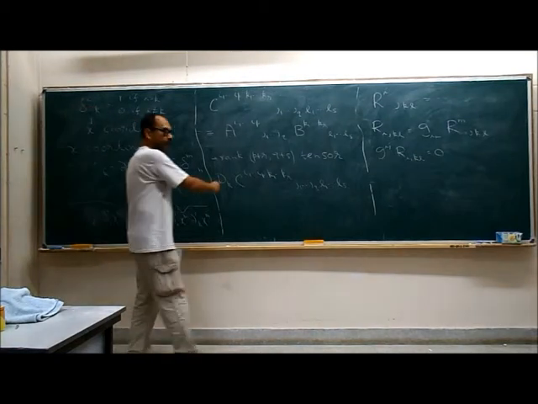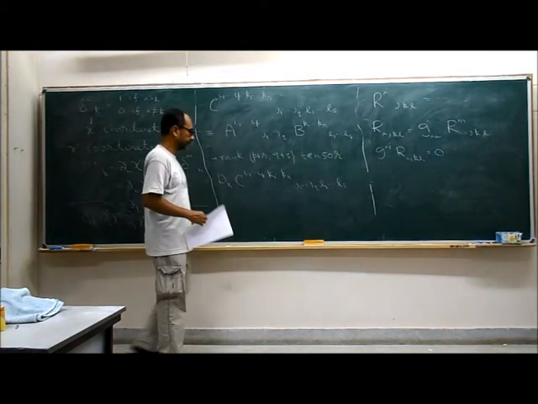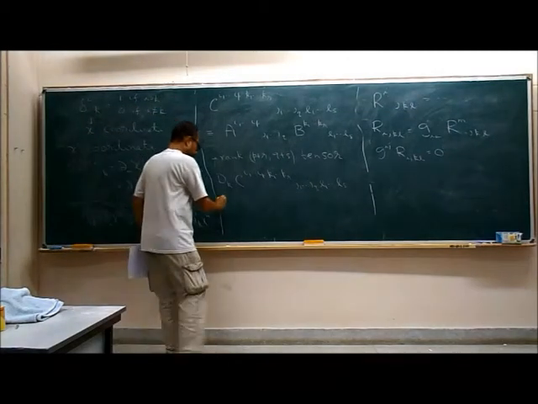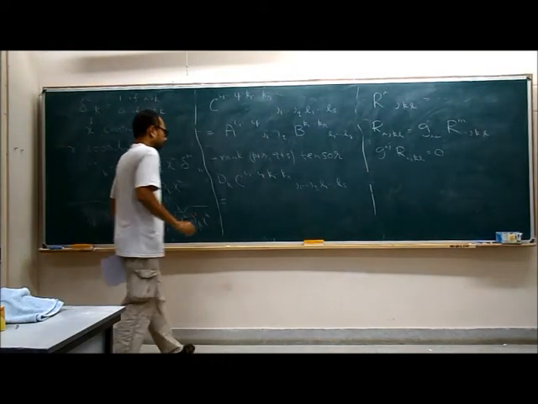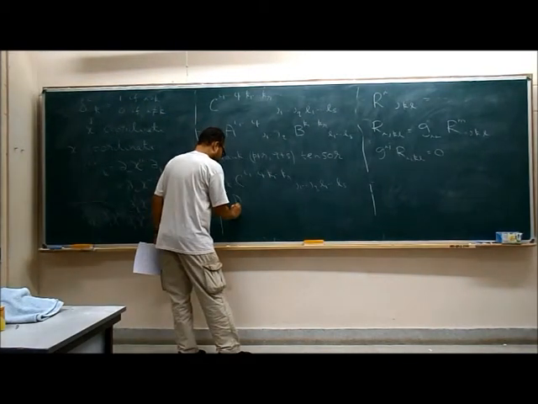Because you have already defined the covariant derivative, right? There are lots of gammas coming in here. And the claim, which is reasonably straightforward to prove, is that this is given by the sum of two terms,